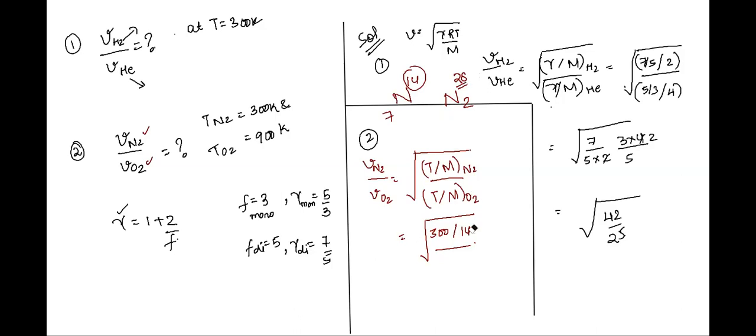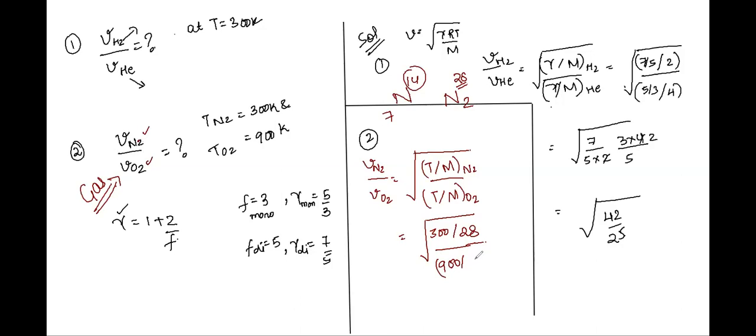Are you clear with this concept, Karuna? Yes, sir. In nitrogen you will actually take two nitrogen atoms, so this will be 28 and not 14. This is also a common error which students make. When I say nitrogen, they might take it as a nitrogen atom rather than nitrogen gas. But what is given in the question? Your question is telling me to find the ratio of velocities in nitrogen and oxygen. So when I say nitrogen and oxygen, I mean the diatomic molecule or gas structure. Am I clear? Yes, sir.